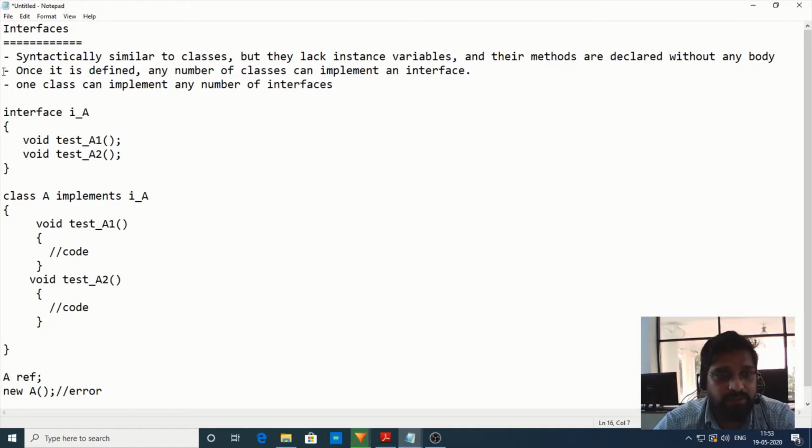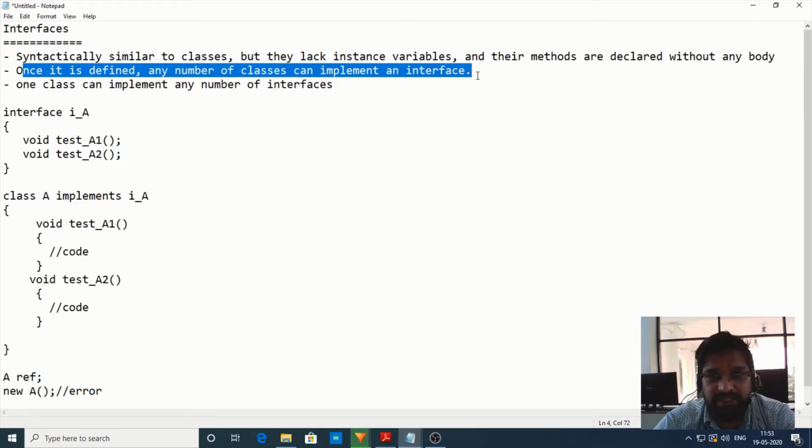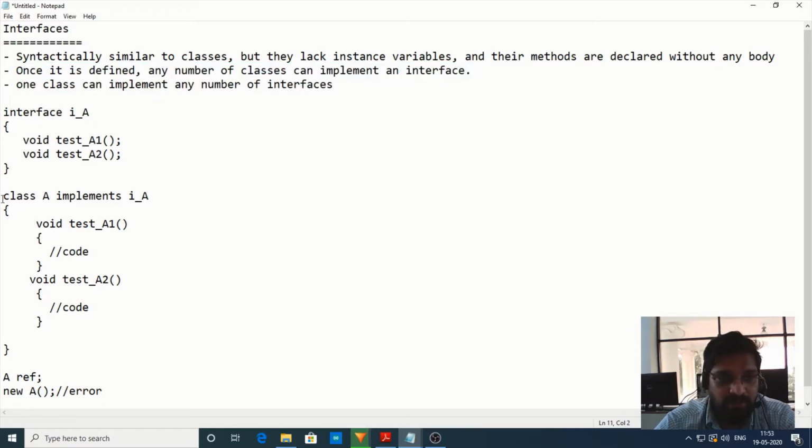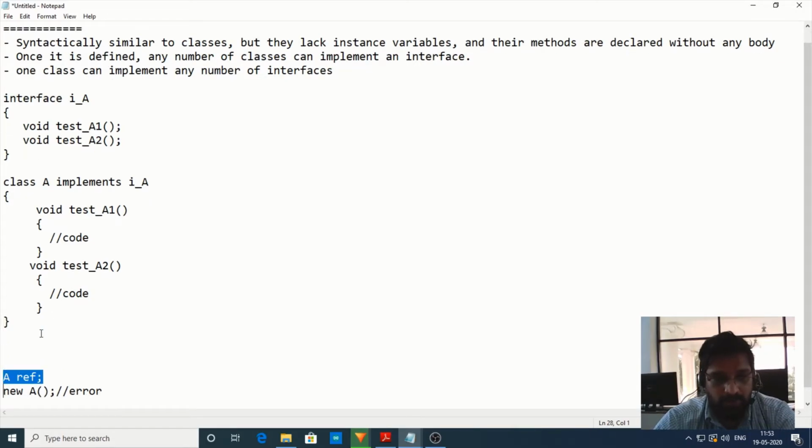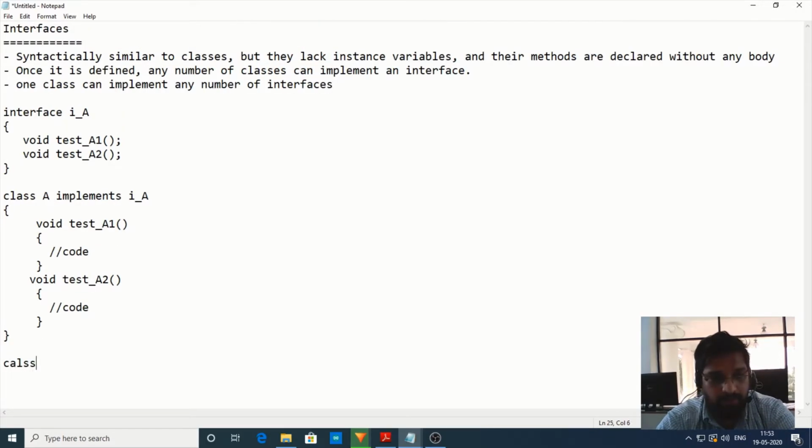So it says once it is defined, any number of classes can implement an interface. Right now, the class has implemented the interface called I_A. So let us assume there is one more class called class B. And this class B can also implement the same interface.